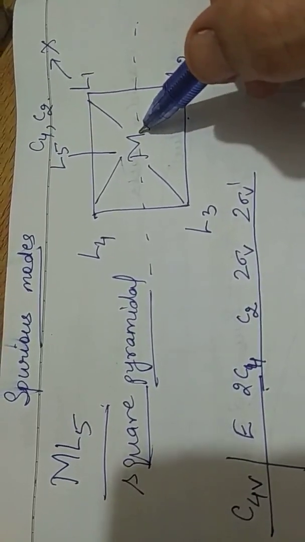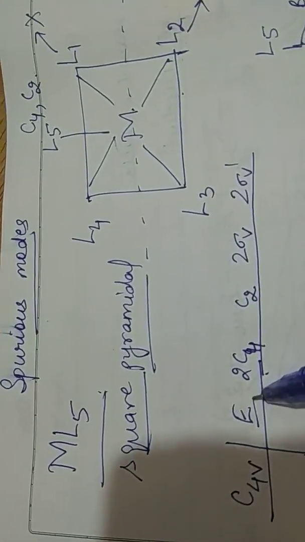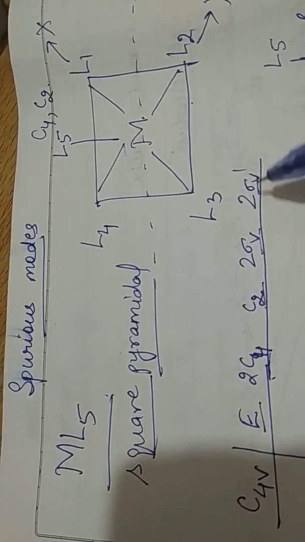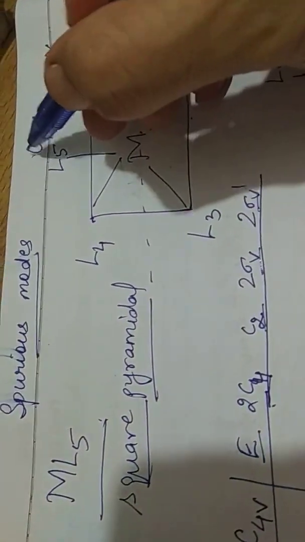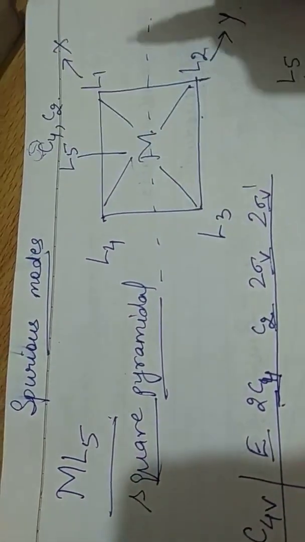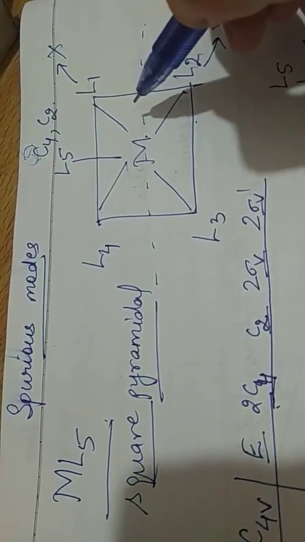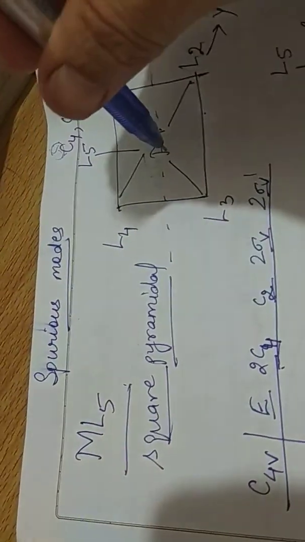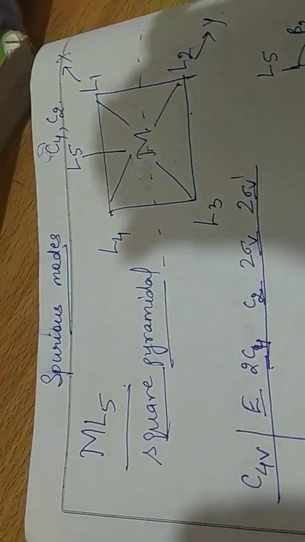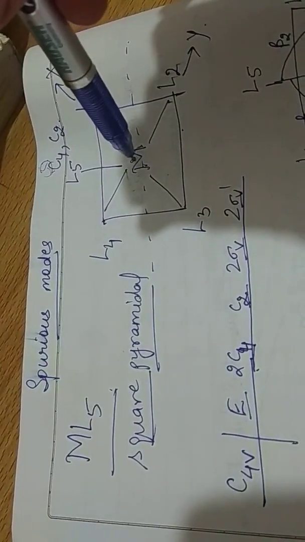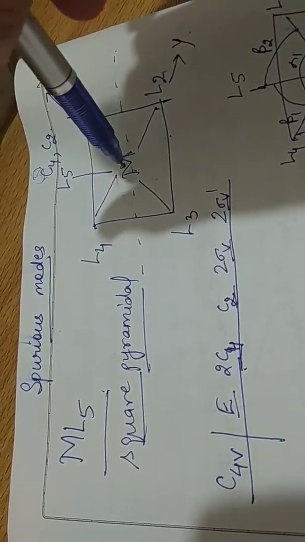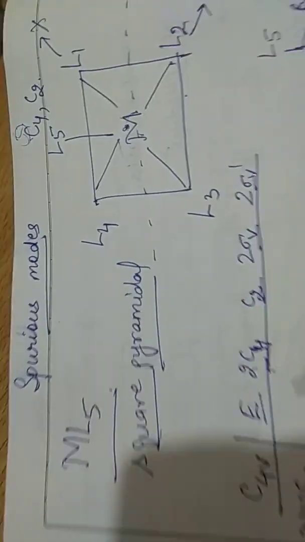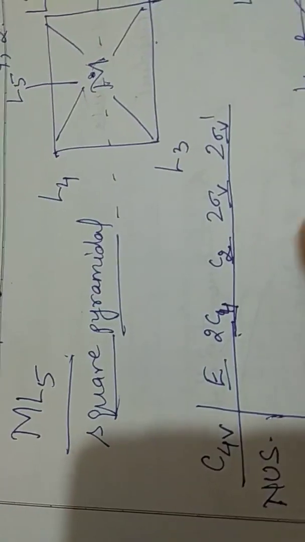So in ML5, when we go to the character table, you have seen there is identity, 2 C4s, 1 C2, 2 sigma V's and 2 sigma V primes. You know how it works. This C4 is either clockwise or anti-clockwise, the way you want to take. Then the C2 is also parallel here, similarly C4 here. So this C4 goes like this inside. This L5 is above the plane. You are able to understand it. So this is rotating like this. Now the number of unshifted atoms, we are going to do directly, and then the Cartesian.